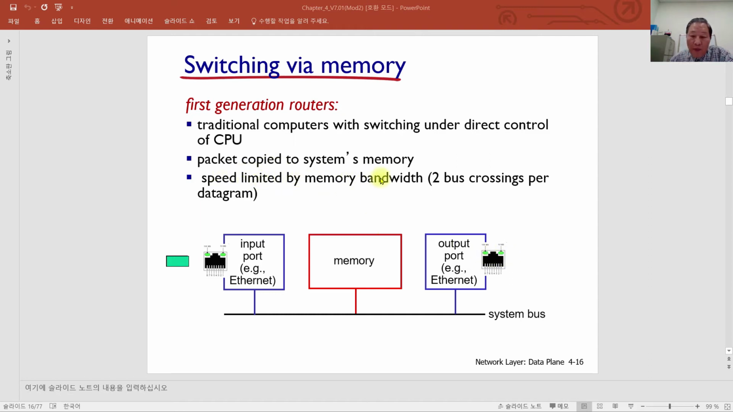Speed is limited by memory bandwidth. Here we are focusing on the speed. There are two bus crossings. First one to arrive there, then to store there, and later to go out from this memory to the output port. Two bus crossings, that is 1 and 2 per datagram. This is called the system bus, and we are using this as the architecture. And our architecture's limitation is usually based on this memory bandwidth,